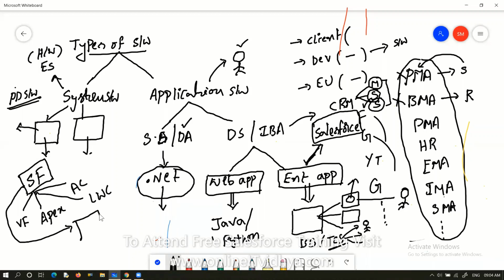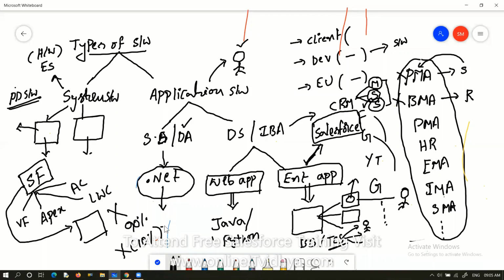But the beauty of Salesforce is that you need not write much code. Everyone has a fear of writing code in Java or .NET, but in Salesforce configuration, everything is drag and drop. Just with drag and drop you can develop, and the code is automatically generated. Almost 90% is drag and drop only. Only 10% we write code, and actually this 10% also we can avoid.